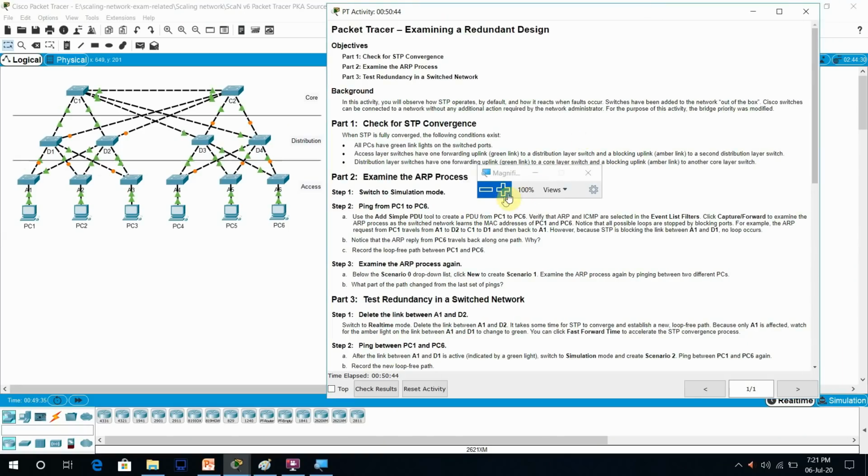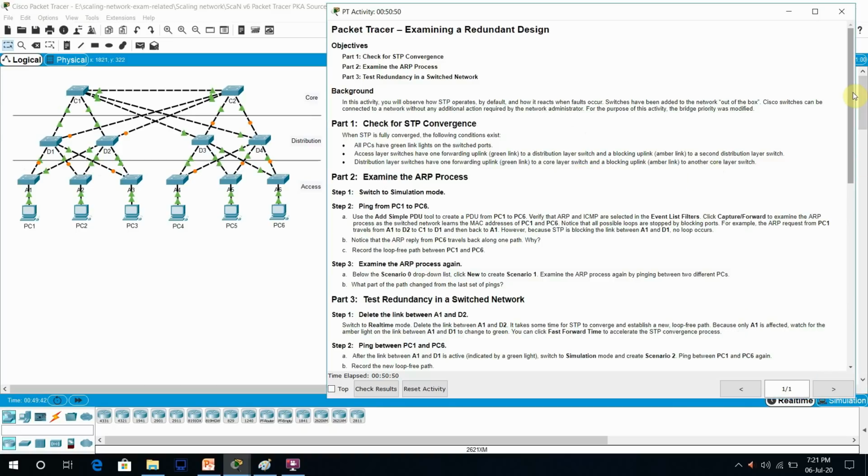I hope you have the activity, and you can open it, and we can complete this one. Switches have been added to the network out of the box.